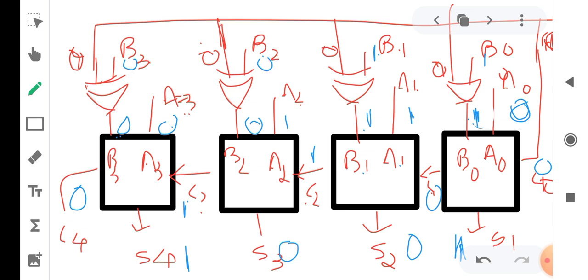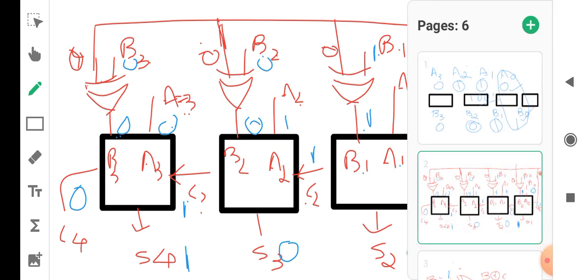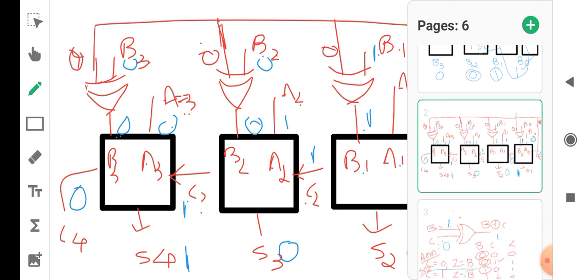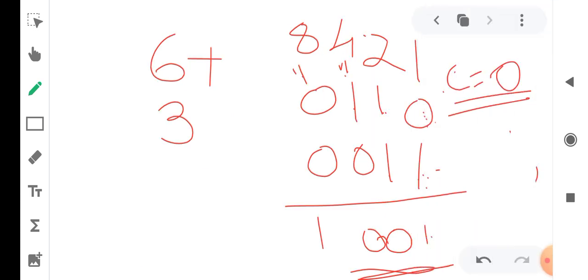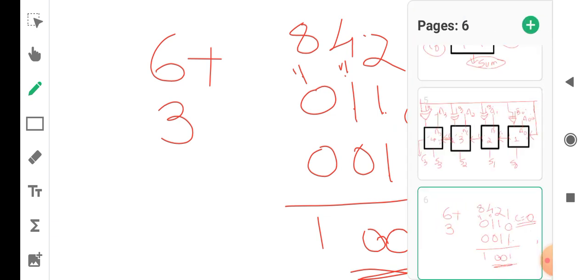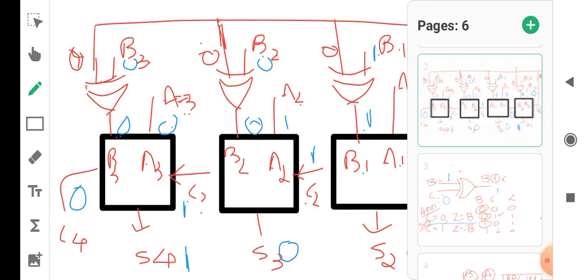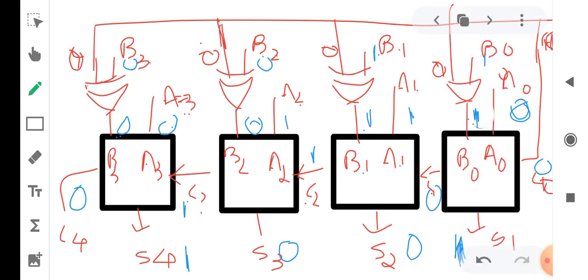Just see what we have got as the output: 0 1 1 0 plus 0 0 1 1 gives 1 0 0 1.